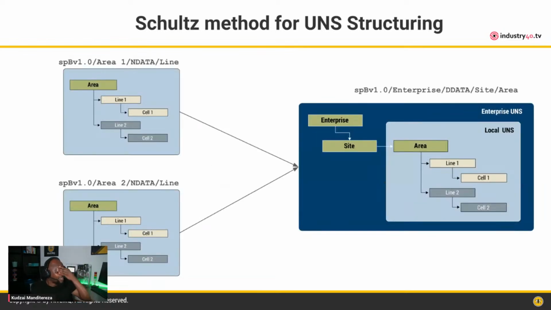So again, this is another method, if you want a different way of approaching the UNS structuring and you don't want to use the Paris method, which allows you to put delimiters. Rather, you use multiple brokers to segment your unified namespaces. So you create a local hierarchy in an area or in a site or whatever the case may be,